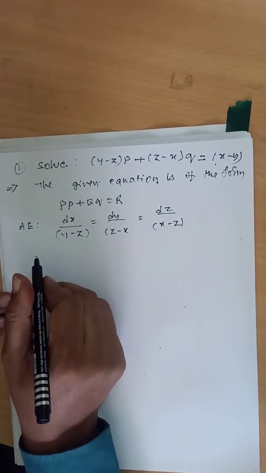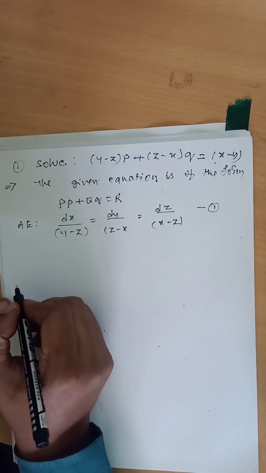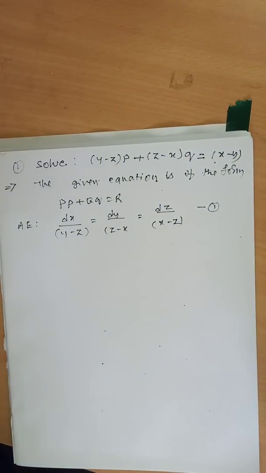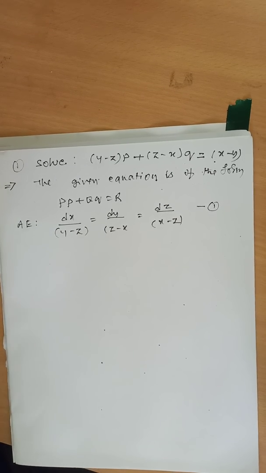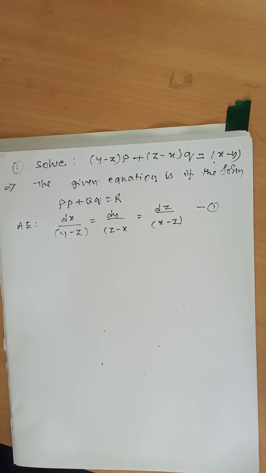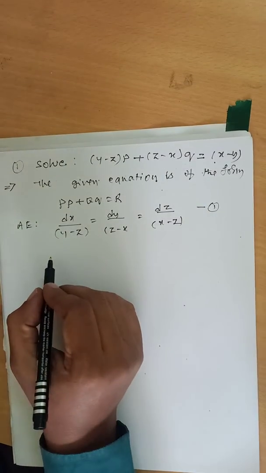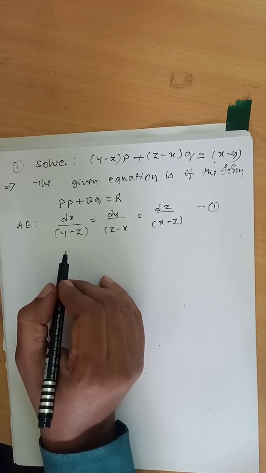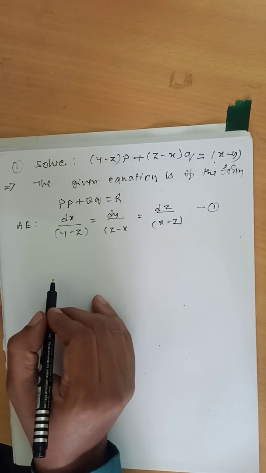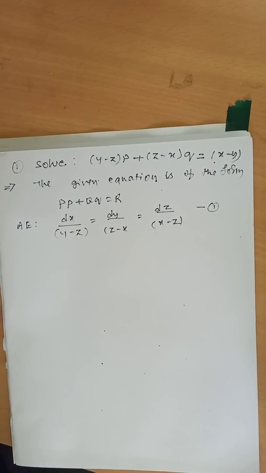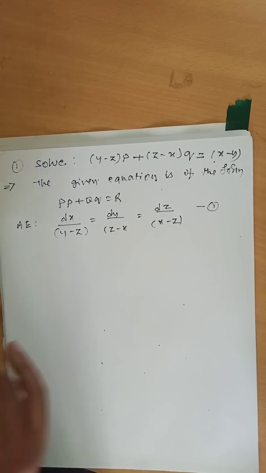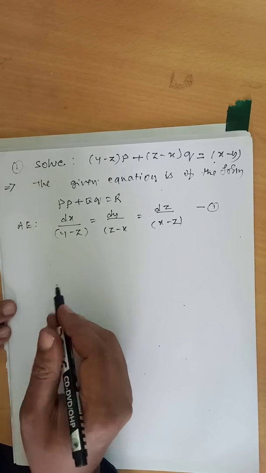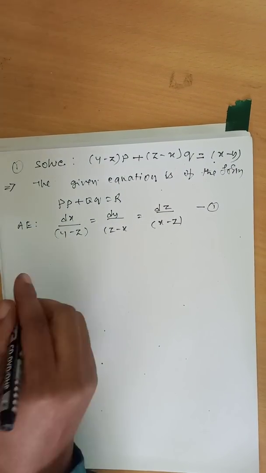So 1 mark for this step, you call equation number 1. I already told, after writing the auxiliary equation, we choose multipliers. What is the importance of choosing the multipliers? Because when you are choosing the multipliers, each ratio is equal to numerator adding in numerator and adding in denominator, the suitable multipliers will give us the denominator should be 0. So that type of multipliers are right. That is why you can choose first variables or first constant terms, no problem.